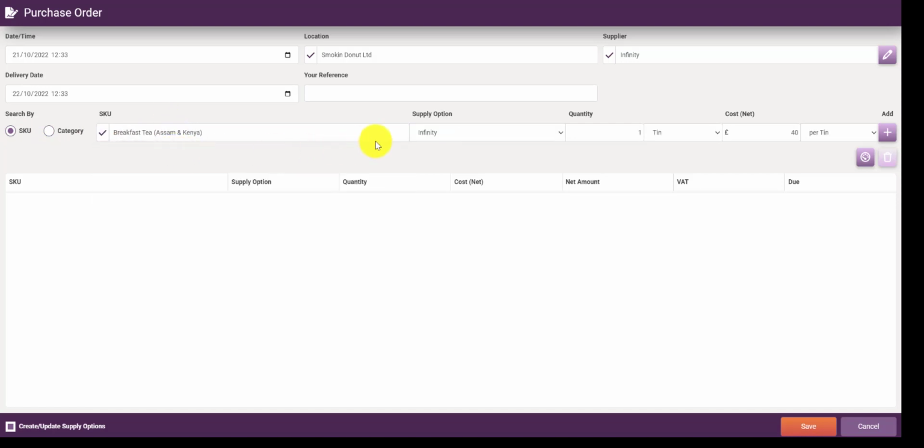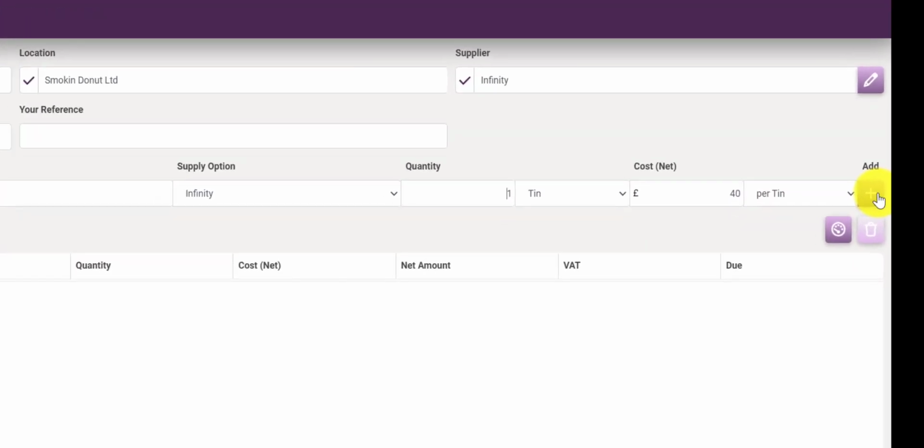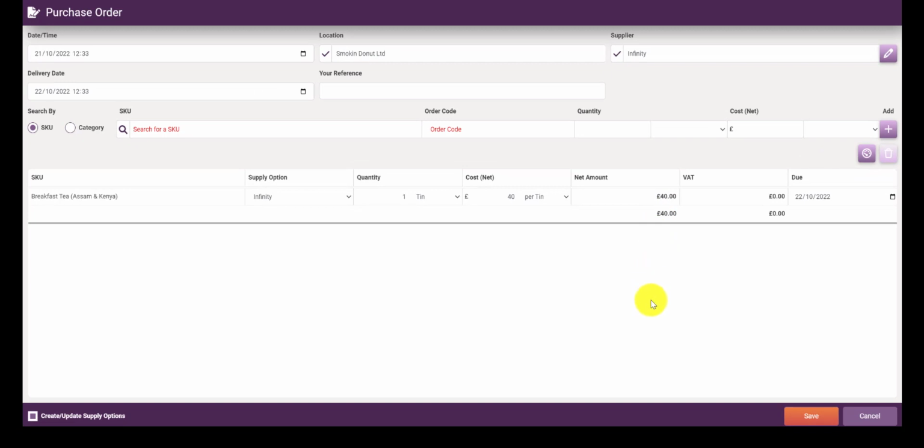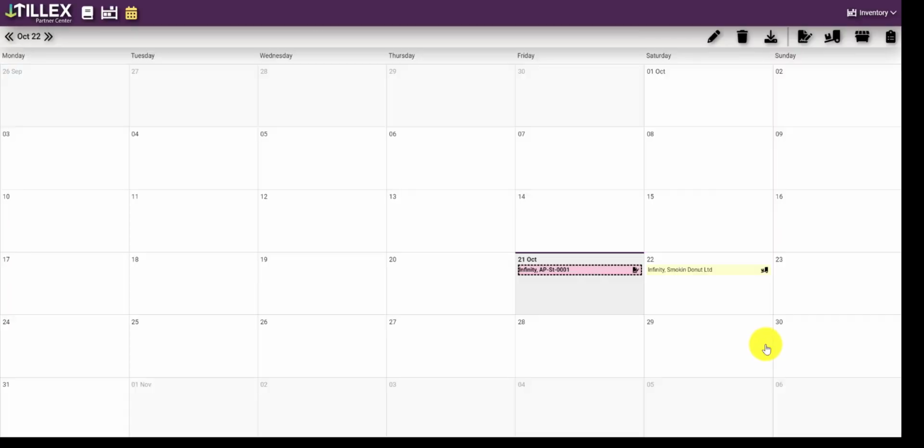and you can see if I had more than one supplier there would be a drop down. I've put in the inventory that it comes in a kilo in a tin and it's £40 a kilo. I'm going to add that, and you simply add more. Create a reference and save it. You can see it's automatically raised a delivery note ready for the products to be checked in